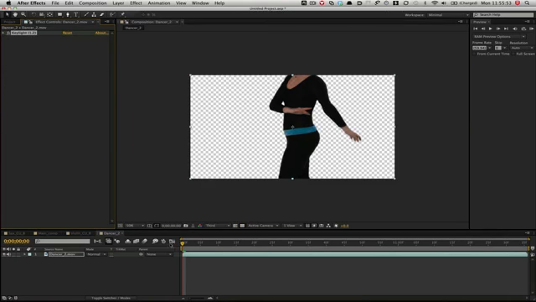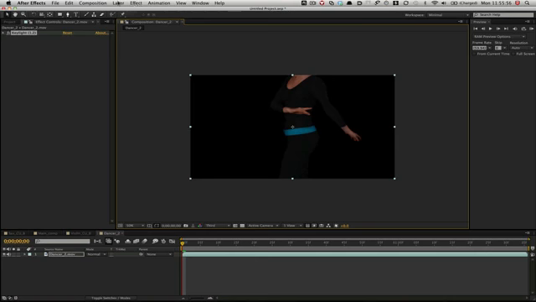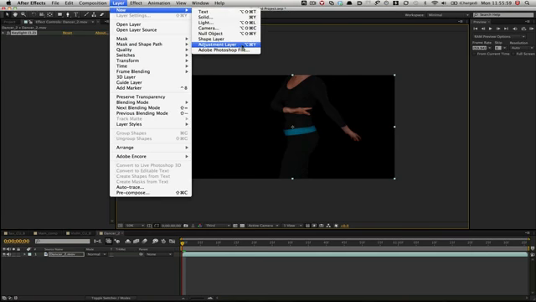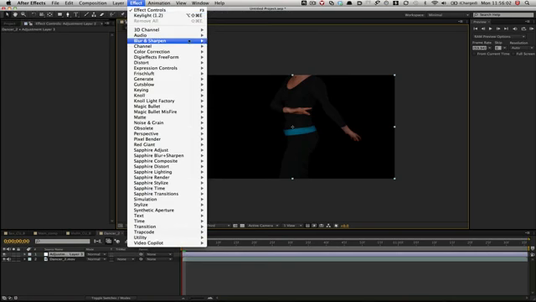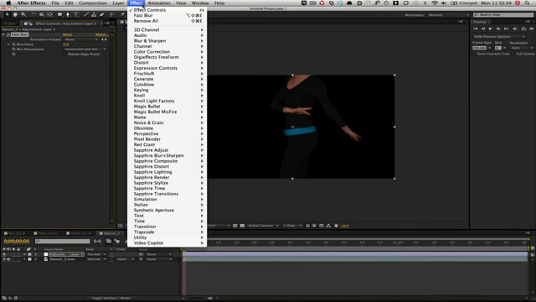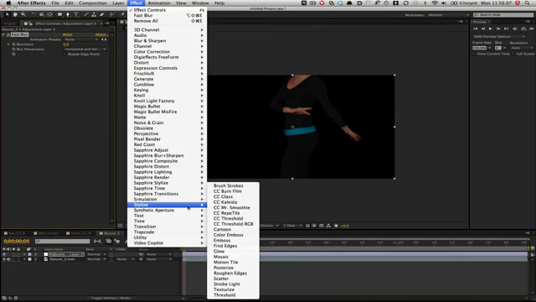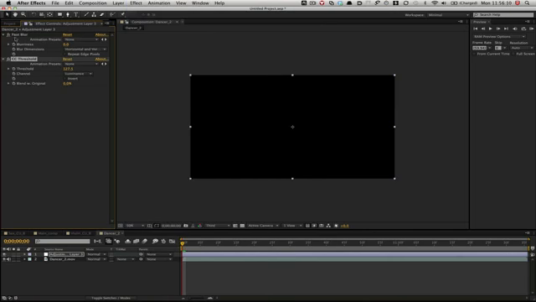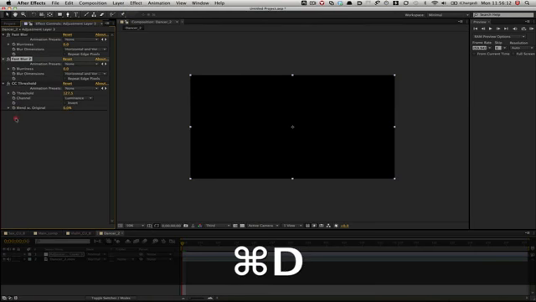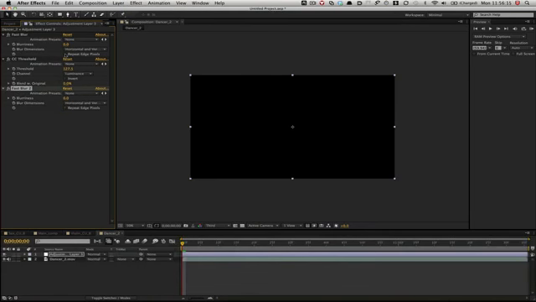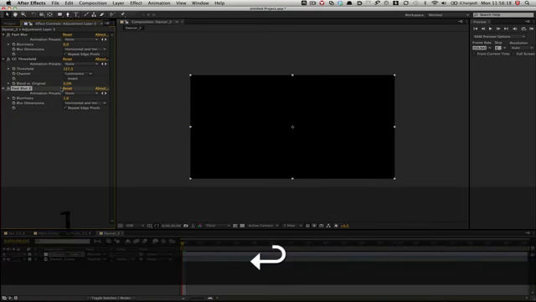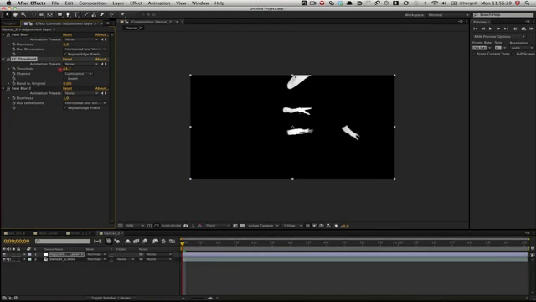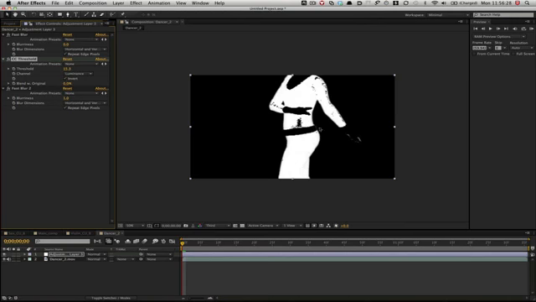And now if we use the same technique, let's create a new adjustment layer and apply again the fast blur, the CC Threshold effect, and let's duplicate the fast blur. We're going to enable repeat edge pixels on both of them. Now let's play with the threshold. Now a nice thing about the threshold effect, let's say if you want to invert it, we're going to get a white dancer